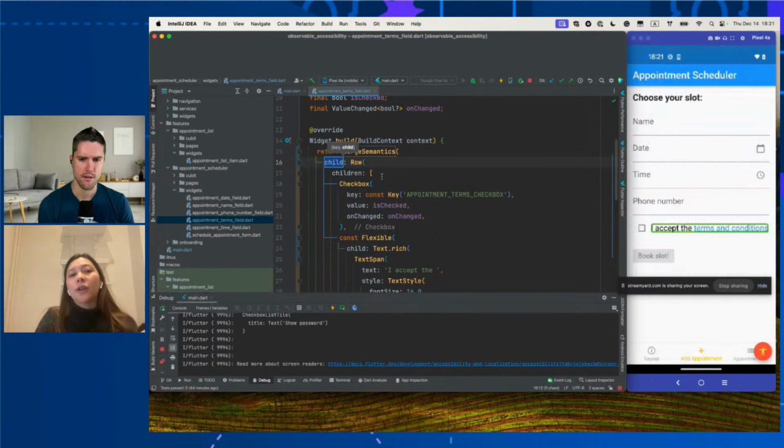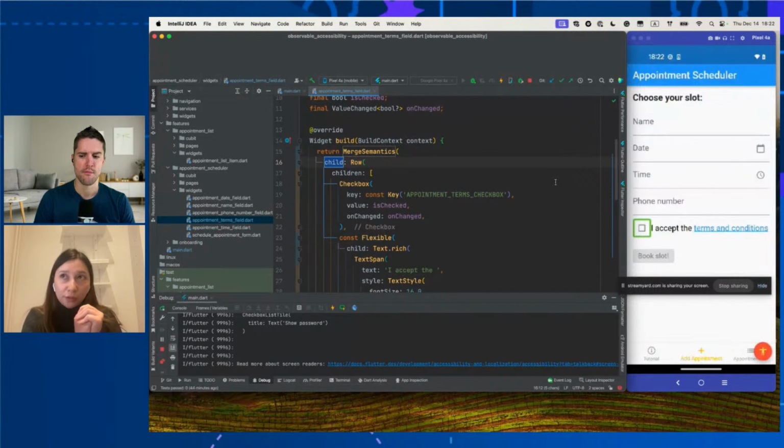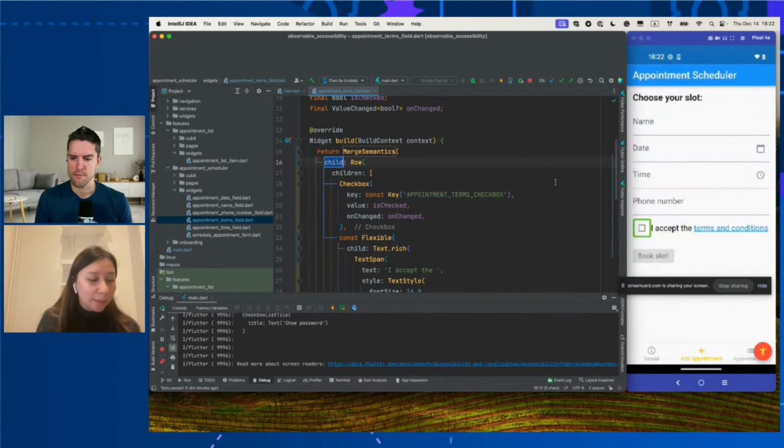Oh no, I'm actually talking about the checkbox and the text next to it, because if you swipe up now: book slot, I accept the terms and conditions. Not ticked, tick box. So basically, you have two different pieces of semantic information. The checkbox says, "Hey, I'm not ticked," and the text that we want to accept says "accept the terms and conditions." So when we use merge semantics, we can make those two merge. And if we rerun that again,